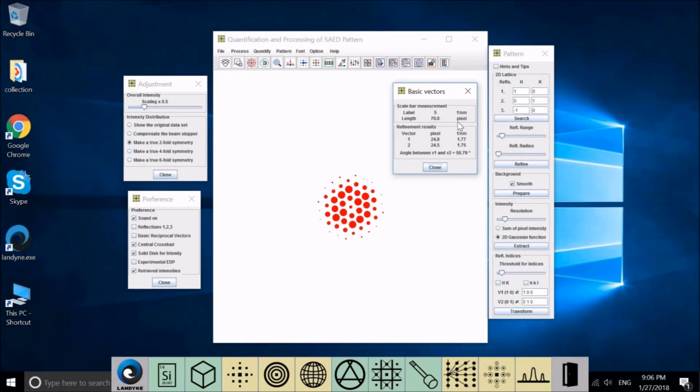We have the scale bar labeled as 5 1/nanometer. It measured 70.0 pixels. The basic vector 1 is 24.8 pixels,